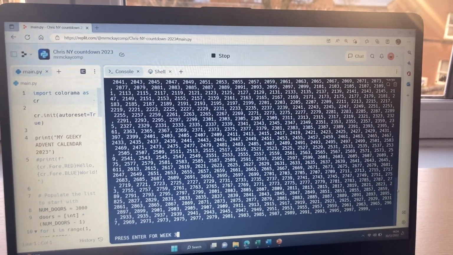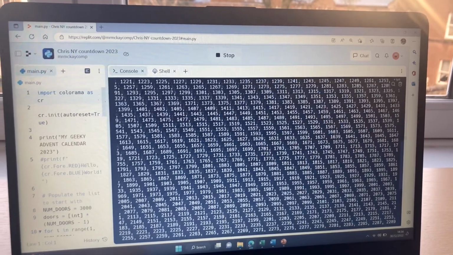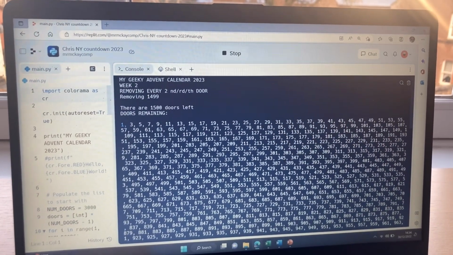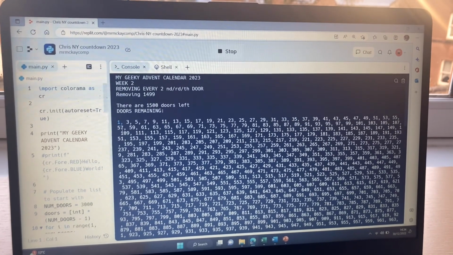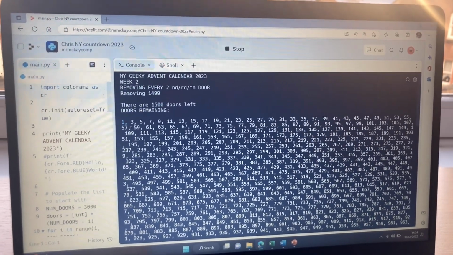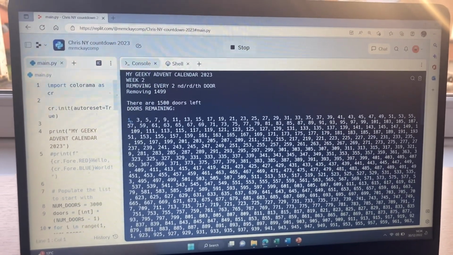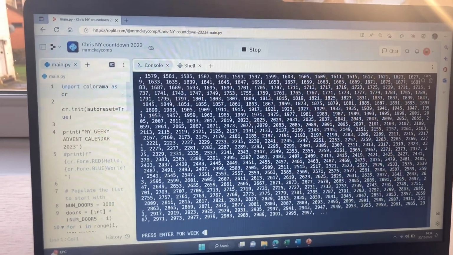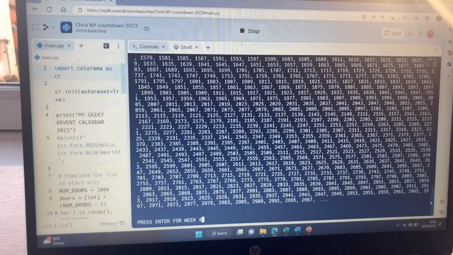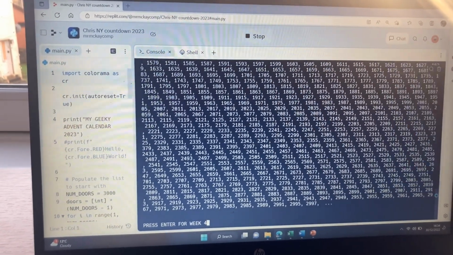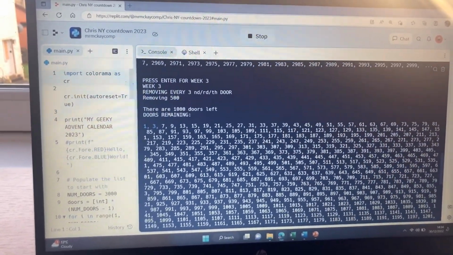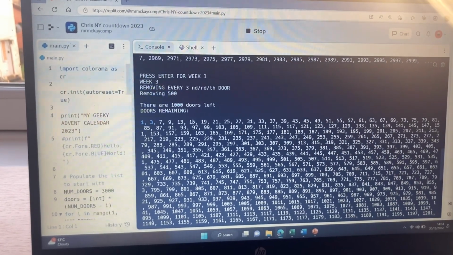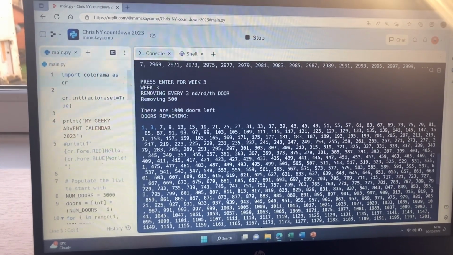Now, obviously this is a finite number of lists that we've got here. We've not got the full infinite advent calendar, but it'll give us an idea of what's happening near the start. For example, number 1 is left, isn't it? Because if we're getting rid of every second number on the list, 1's definitely going to remain. And so let's look at week 3. What happens for week 3? Well, here's the numbers that are left after week 3. After week 3, we're left with 1 and 3 and 7 and 9 and 13 and 15 and 19 and 21.